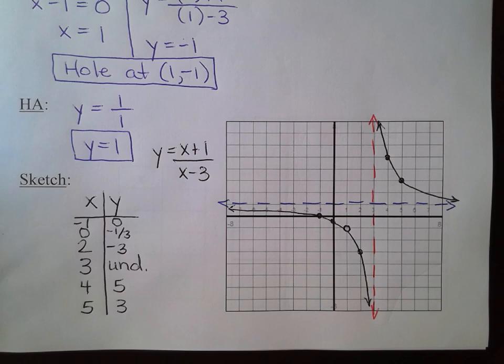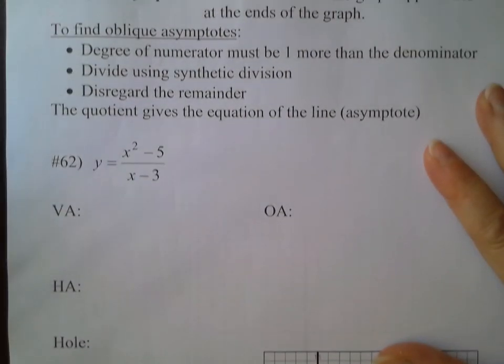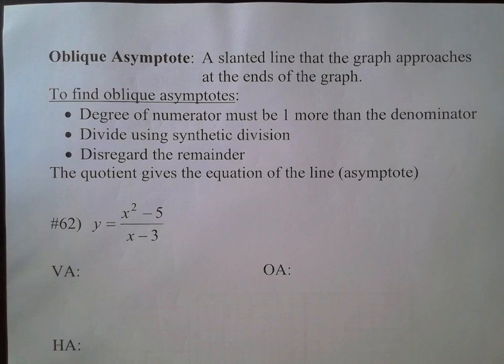Okay? Let's add to this conversation a little bit. So there's one more type of asymptote that we're going to be working with, and that's called an oblique asymptote. This is a slanted line that the graph approaches at the ends of the graph. It's a slanted line, so